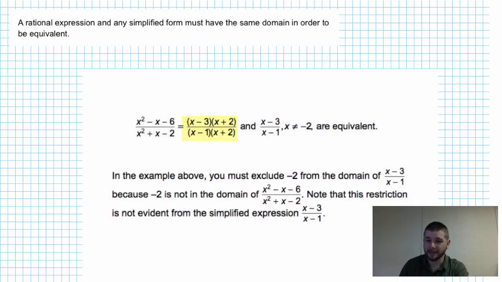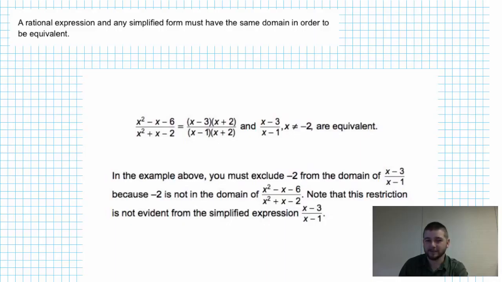The expression on the right, it really doesn't care about when x equals negative 2 in terms of continuity. It would be defined there. The only value that makes the expression on the right's denominator 0 is 1. So that would be a shared point of discontinuity between these two functions, but they're not equivalent because they have